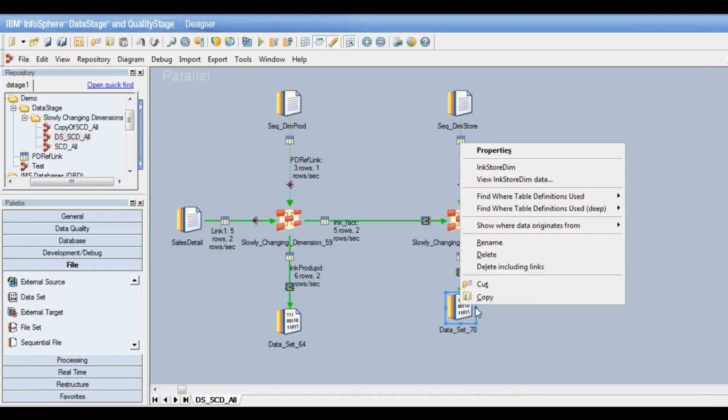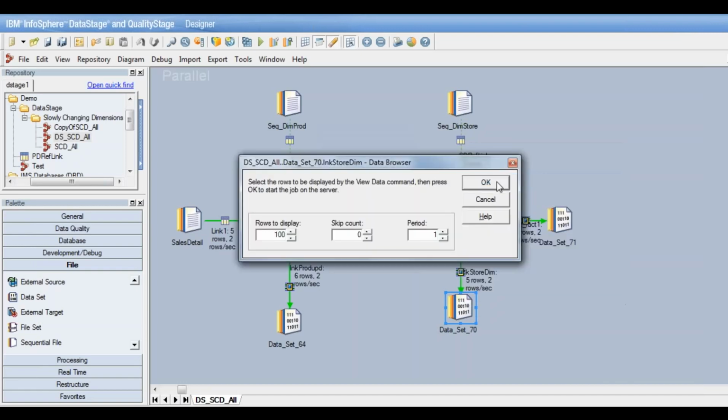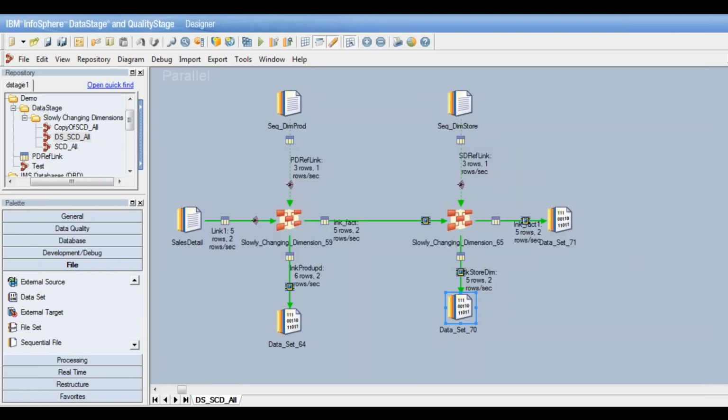And the store dimension, review its data. This was defined as type 1. So it will have all the new records and any previously existing record if that needed to be updated.